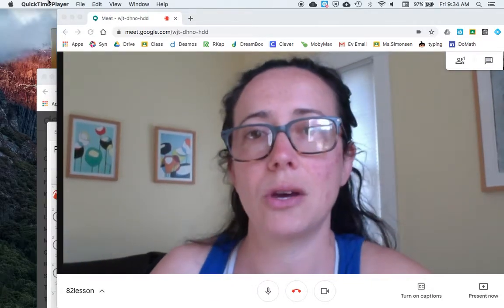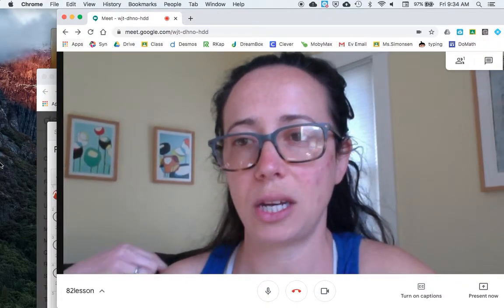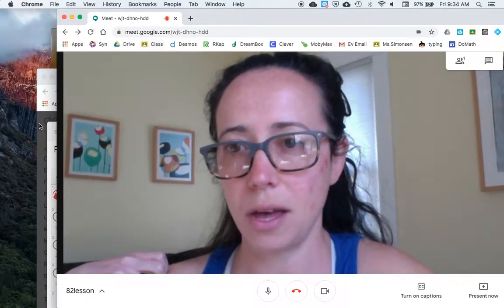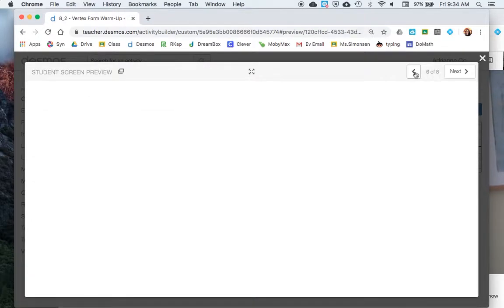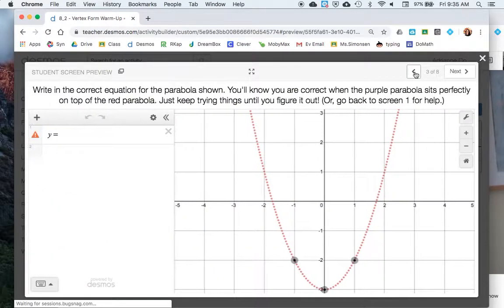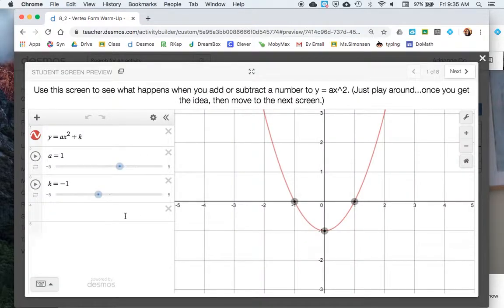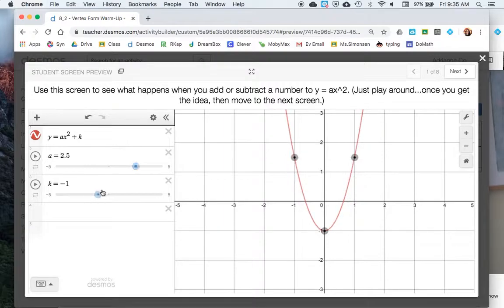Before we get to the notes, I'm hoping that you all had a chance to do the Desmos warm-up, which was here. This is screen 7 of 8. So let me go back to the beginning, actually. So the first thing that I had you do on this Desmos was take y equals ax squared, and we learned last week that, let me move this,